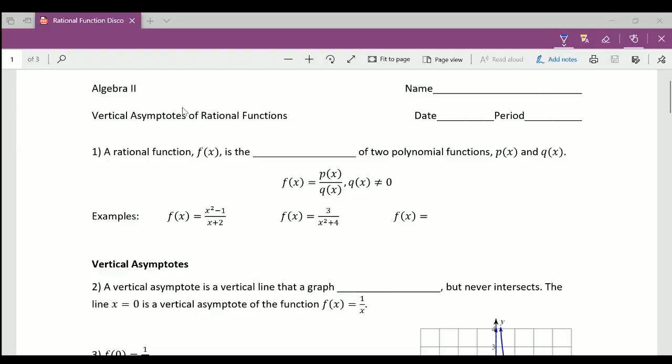Hey everybody, we're gonna get started in just a minute here talking about doing some vertical asymptotes and holes. We'll learn the term in a minute of discontinuities in rational functions. This is the second of three sets of notes I'm going to be looking at for graphing rational functions. The last one, if you haven't already gotten a chance to look at it, it's already up. It's on simplifying